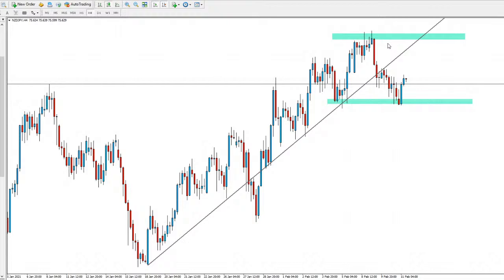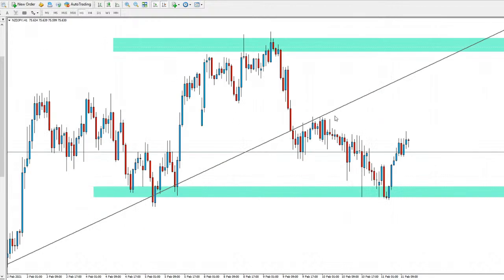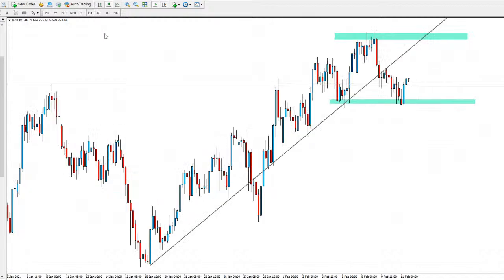Of course, if we do reverse back down and see some strong bearish price action taking us back down and break through that support, that is probably indicating to us that, yeah, we've had an actual breakout now. It's not false like the one we had there before, and we could actually start to see a reversal to the downside for this pair.